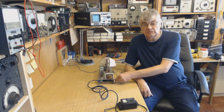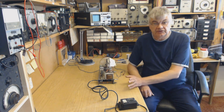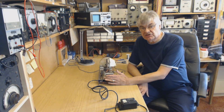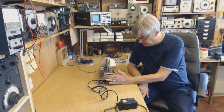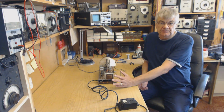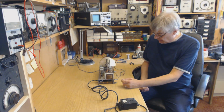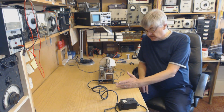Okay, it's all working very well. On its third day. The dilemma is this. This is getting too hot, or it was getting too hot. I can't fit a larger transformer to supply the current because it won't fit. Okay, so what I've done,